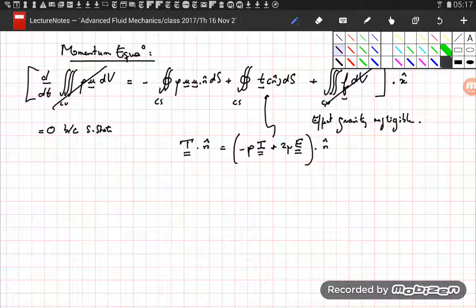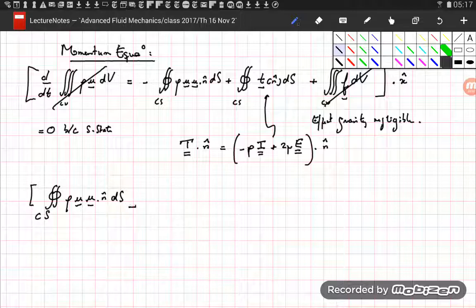Okay, so let's compute that. So let's compute this integral here. This is now straightforward since we've already done it for the mass, and we project this on x. So we only have the component, the flux through 4 and the flux through 2. Through 2,